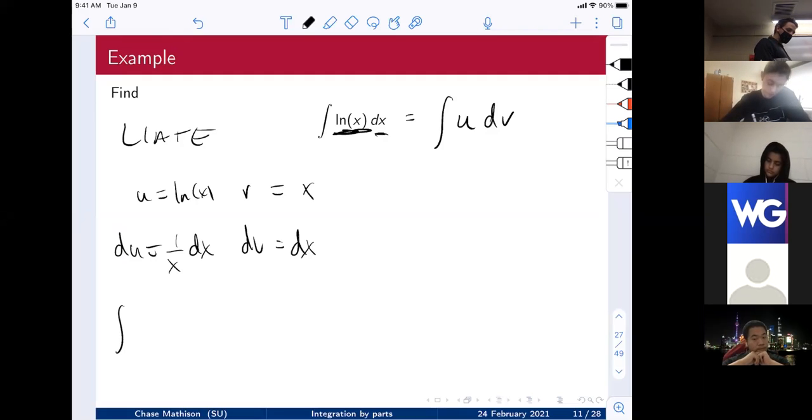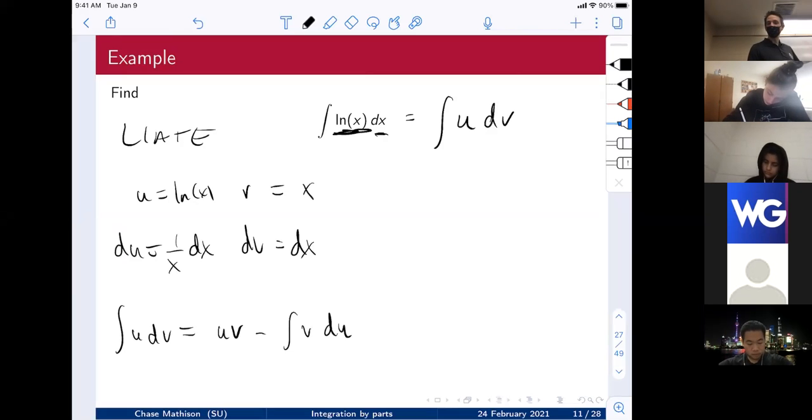So we're doing the integral of u dv. This is, by integration by parts, u times v minus the integral of v times du, or just v du, if you will. So this is, well, u times v is x times the natural log of x